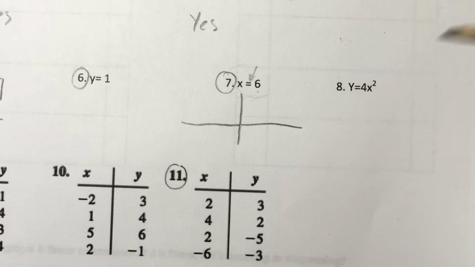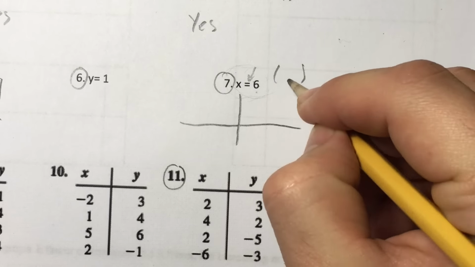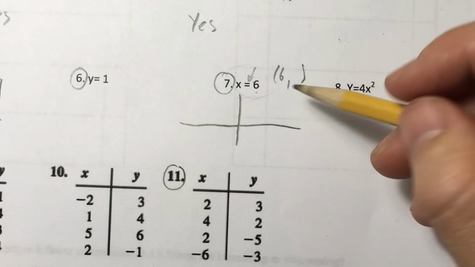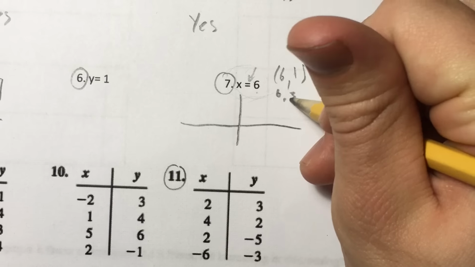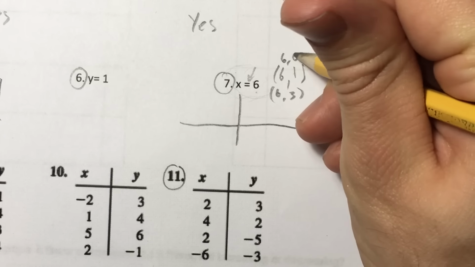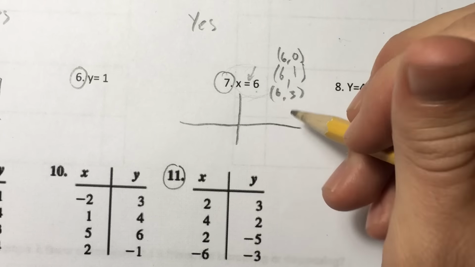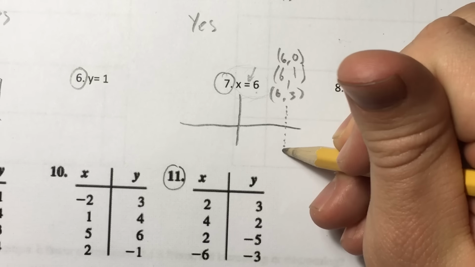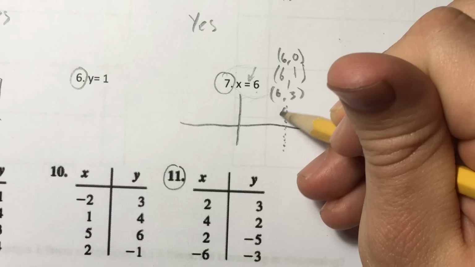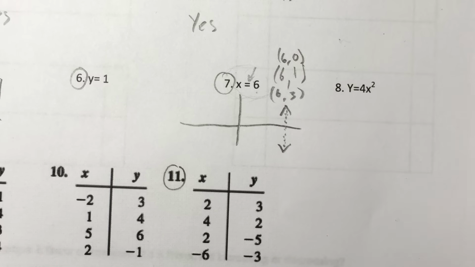So you can set our x value as 6 if we were looking at coordinate points and pick anything else. So for example, 6, 1, 6, 3, 6, 0. And if we started to plot these points, they would form a straight line that looked like this at this